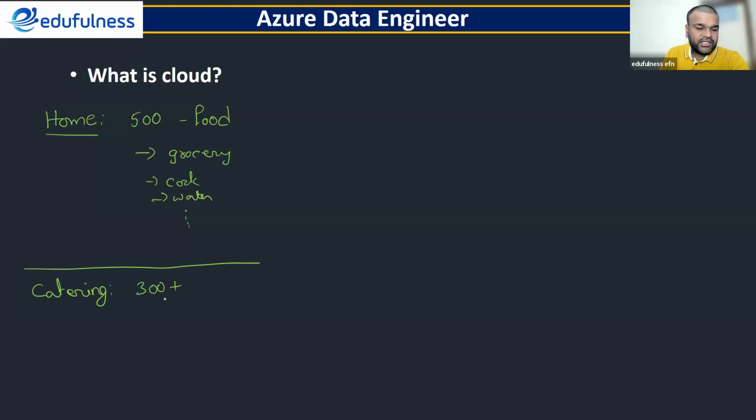But when you go to them, you need not take all the items. You might already have a menu. For example, these are all the items they are able to cook, and you have in mind around 20 plus items you want to offer your guests. From there, whatever they can offer, or whatever extra you need, you can tell them. You prepare a list and give them your menu, then tell them the quantity and quality you want. Based on that, they charge something and you pay.